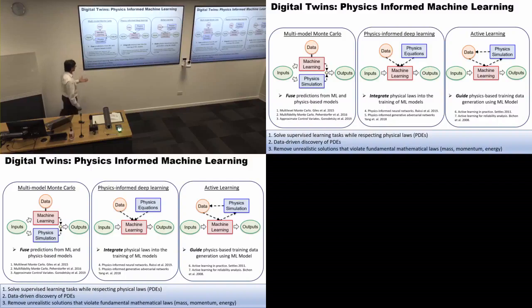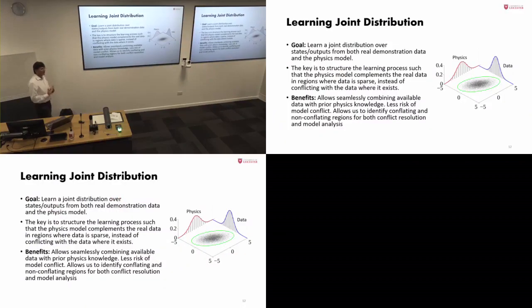And the third thing is that you could remove unrealistic solutions that violate mathematical laws, even if, for example, your data may be telling a different picture. If it's violating mathematical laws or some fundamental physics laws or biological laws or chemical laws, people would have a lot of questioning before they could trust the outcomes of a particular system. So now the question is, if you have both data and physics, which should you trust more?